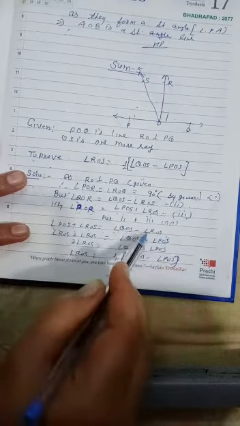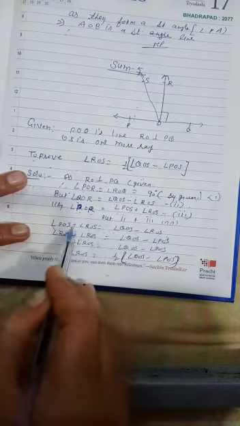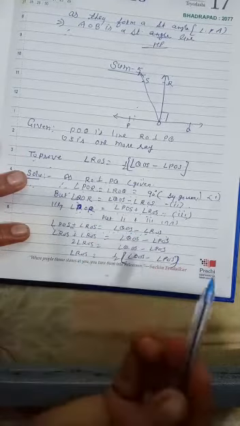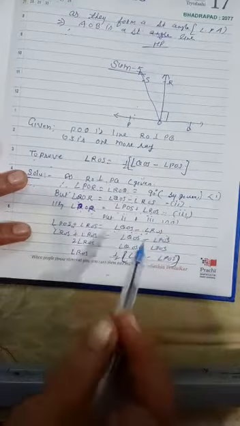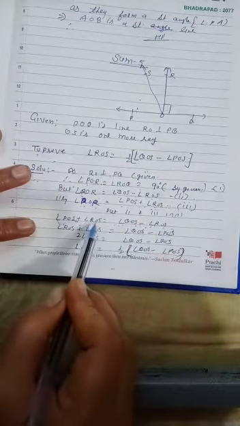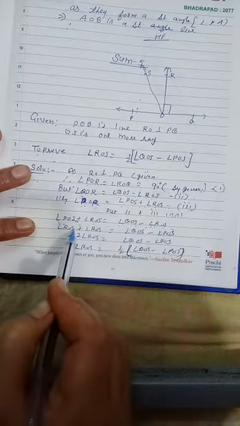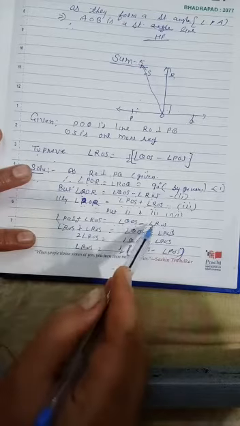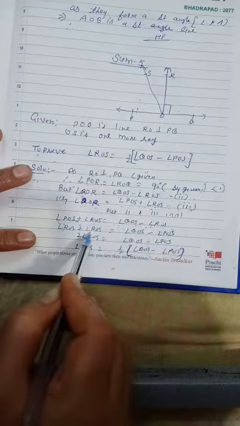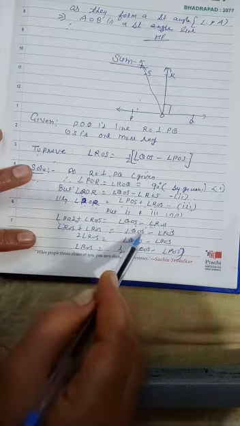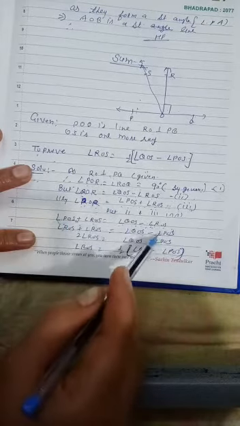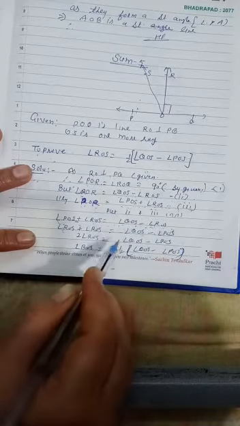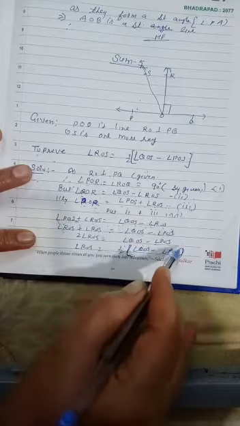Okay, this is the most important concept. If you have written this equation correctly, your sum will run smoothly. Now what is to be done? You have to bring ROS to one side and take POS to the QOS side. So this minus ROS comes over and becomes plus ROS, is equal to QOS as it is, and this POS goes to the QOS side with a minus sign. So ROS plus ROS, 2 ROS, is equal to angle QOS minus angle POS.